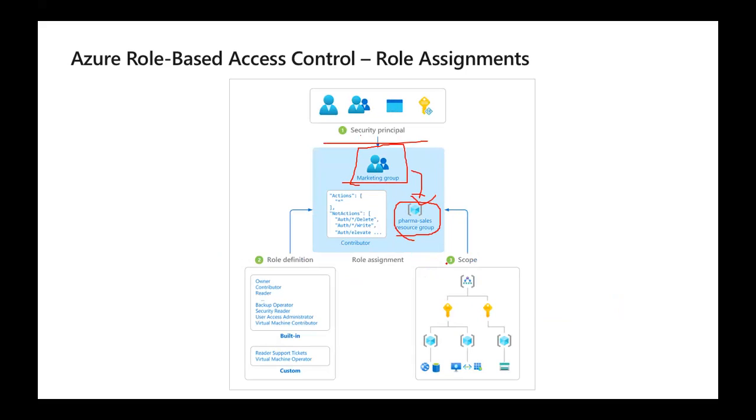Now, marketing users do not have access to resources outside the pharma sales resource group unless they are part of another assignment. So it is important, guys, that, right here,